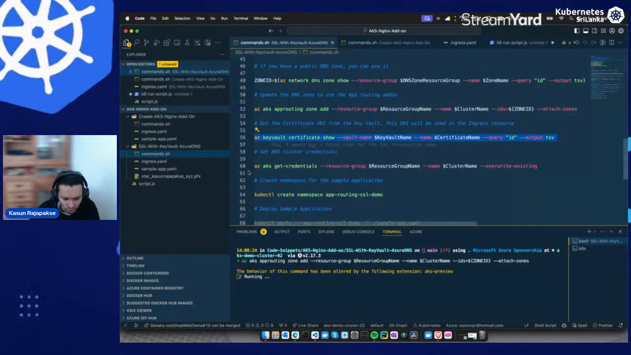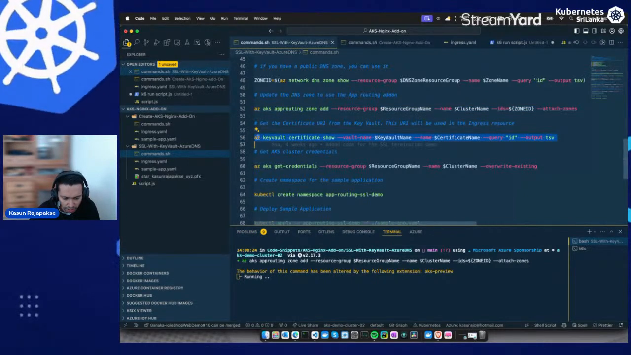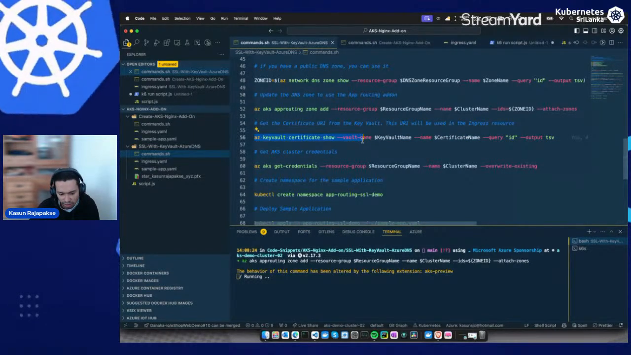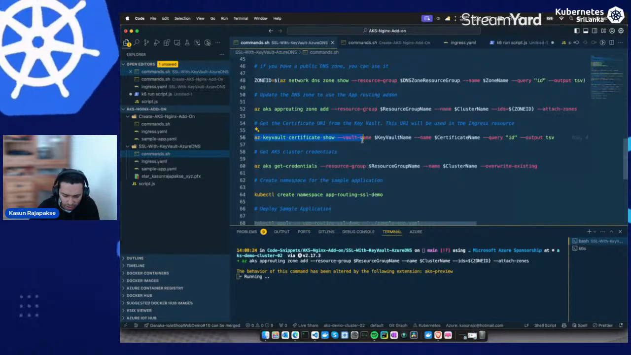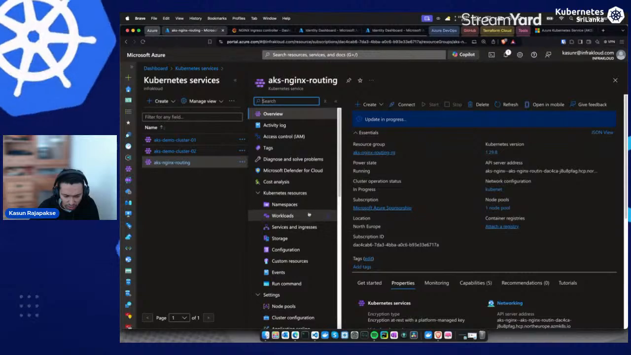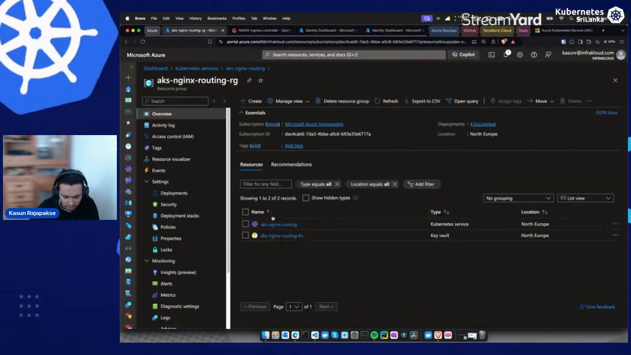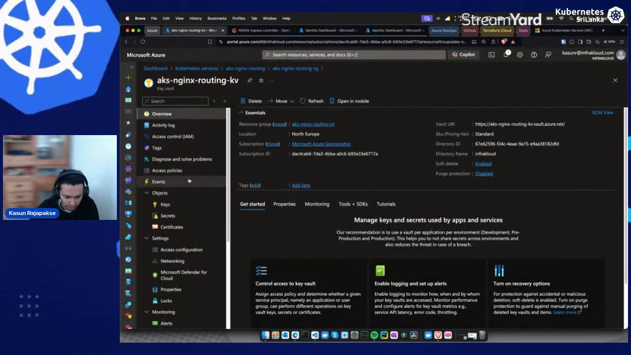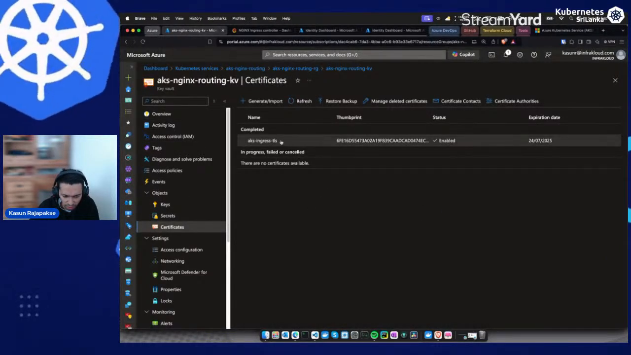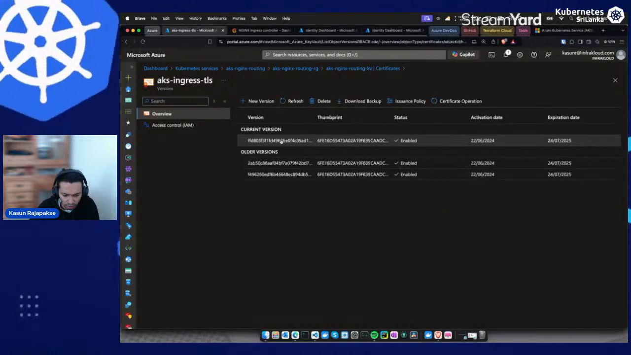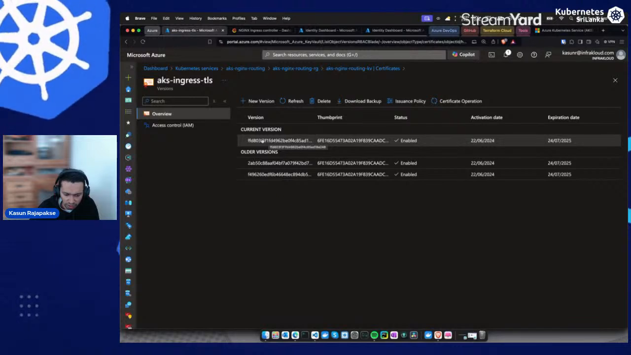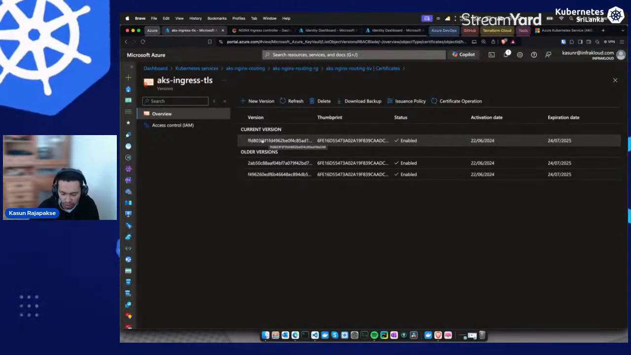So what we are going to do next, in line 56, is get the certificate ID. That means we upload the certificate into the key vault that we use for our app routing, right? So for example, this is the certificate we are using, right? But for app routing to work, we need to get the ID for this secret, because then the app